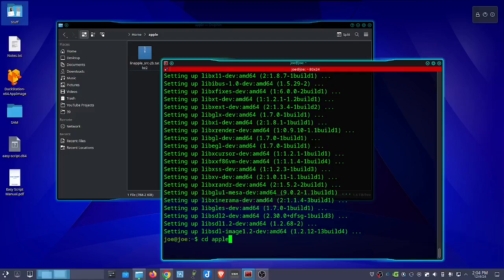Okay, next, cd into the folder where the file you downloaded from SourceForge is. That link is in the description. And type tar xjf and the name of the file that was downloaded. Then cd into the new directory